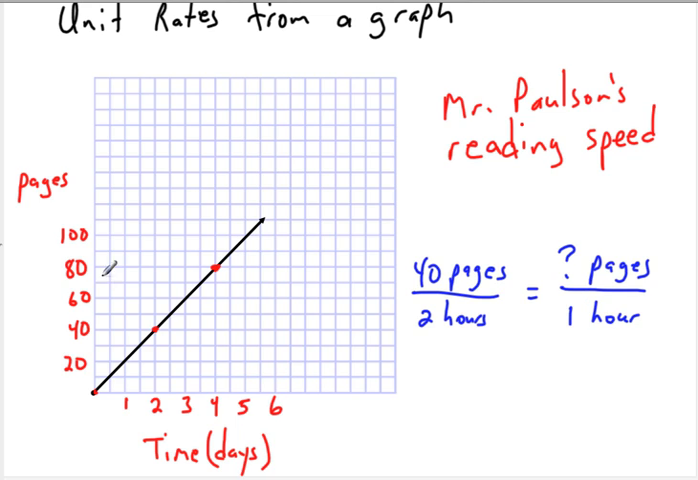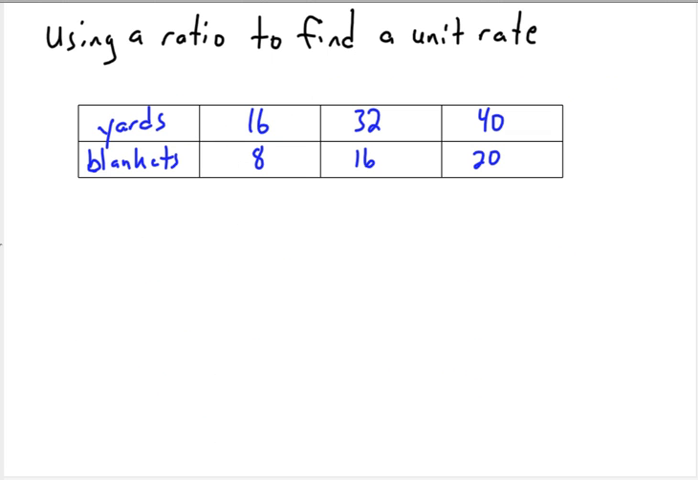Well, the cool thing about having this graph is we don't have to do any math. All we have to do is look at the picture, because here's 1 hour right here. And it says that 20 pages in 1 hour. So just by looking at the graph, we figured out his unit rate, which is 20 pages. Oh, not hour, I'm sorry. These were days. My bad. 20 pages in 1 day is his unit rate. Awesome. So graphs can be used to quickly figure stuff out. All right, let's check out one more thing